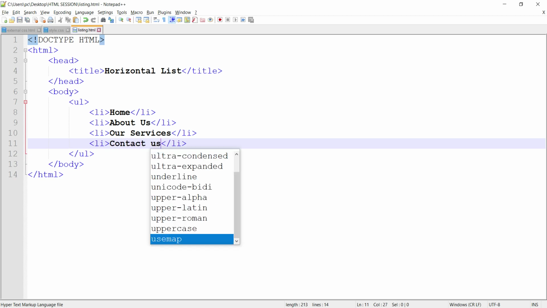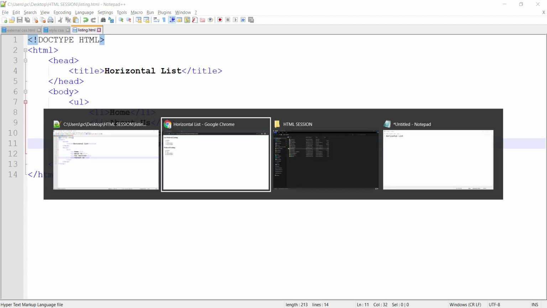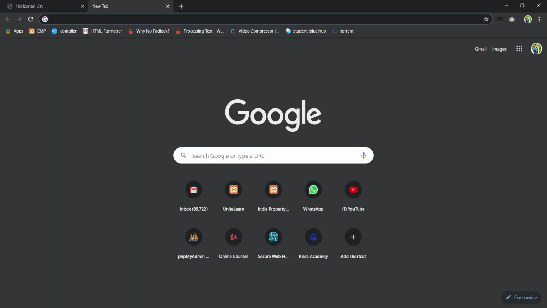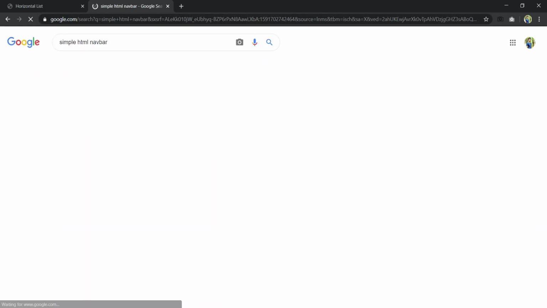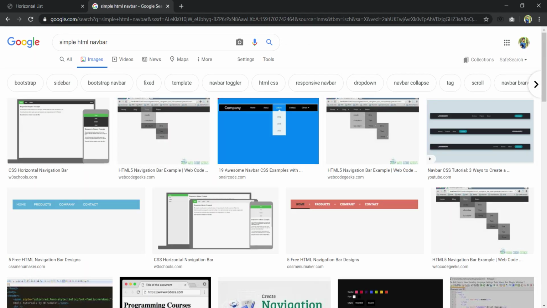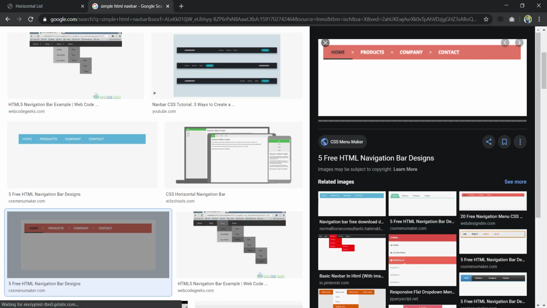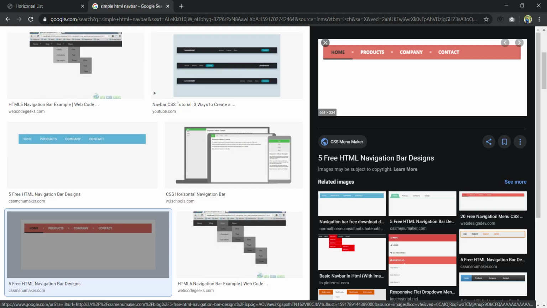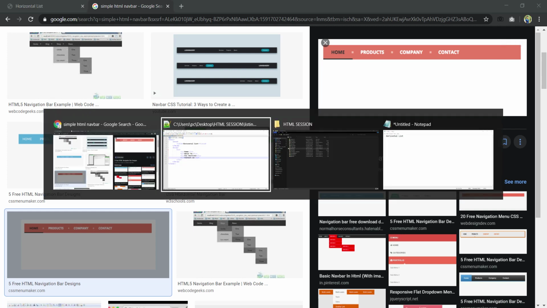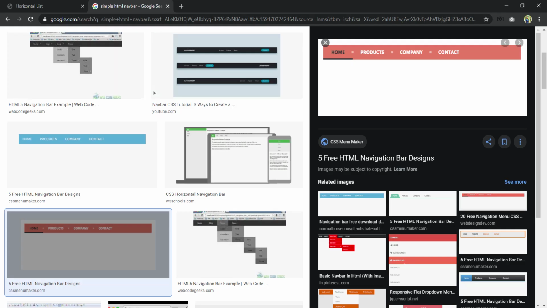Why are we creating a horizontal list view? Because it will help us to create a menu or the navigation bar. Let me show you an example. Okay, this is the navigation, right guys? Anyone you can see here, this is the navigation. In short, this is the list in a horizontal view. So that's why we are creating this. Let us refresh our page and we got our menu, but it's vertical.